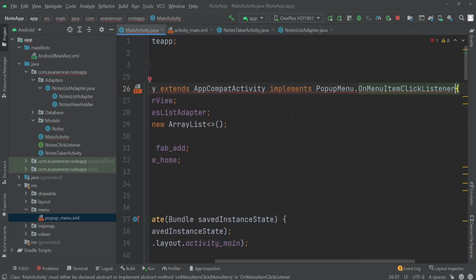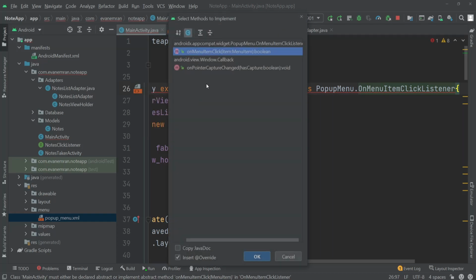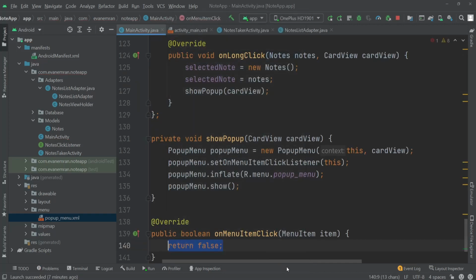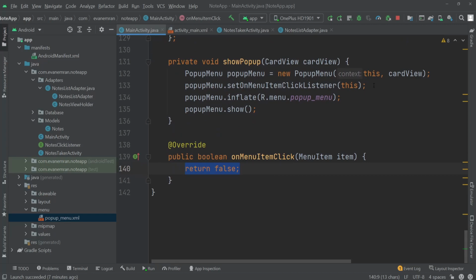Hit enter. That will show an error because we have to implement the methods. So I'll click on implement method, click on the first one, click on OK. So here we got the onMenuItemClick method, and as you can see our error is now gone